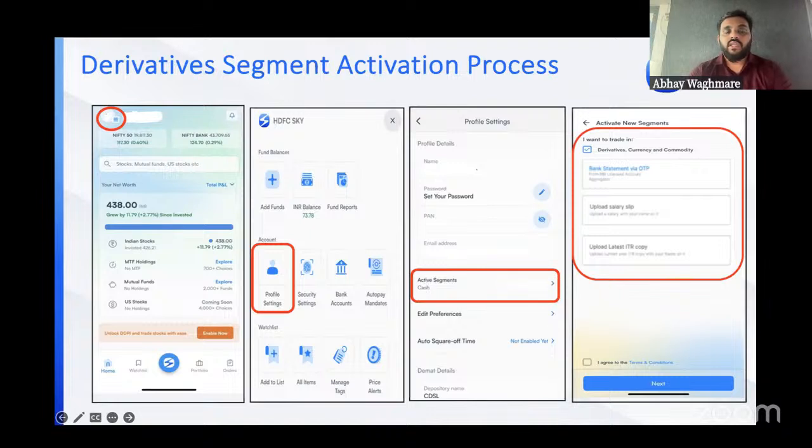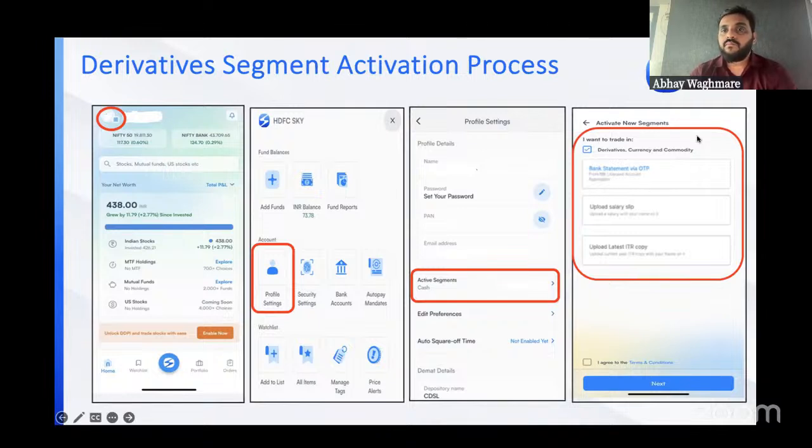Now, initially when you open the account, in the account opening journey, you get an option whether you want to activate your derivative segment there itself, or whether you would like to skip that step at that point in time. If you skip that step, you will find a screen here that your active segments is cash, so you would require to activate your derivative segment. So simply, if you click on the active segments tab, it will take you to another tab here,